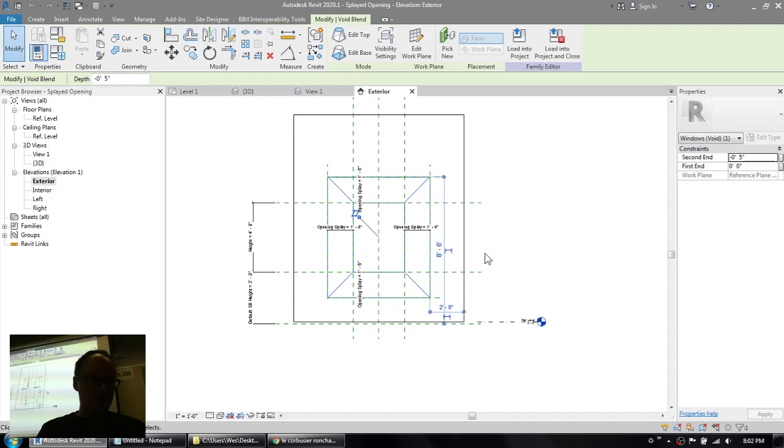Now, the next thing to talk about here, and of course 95% if not more of your doors and windows, you'll just be able to use the opening object and you'll be fine. Next paragraph, building families around custom openings. If you're not just making a rectangular or circular window or door,